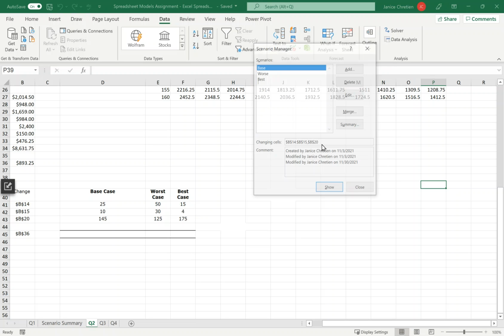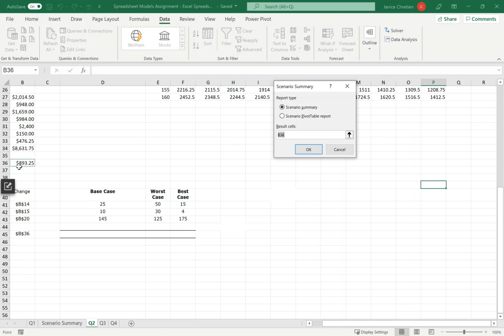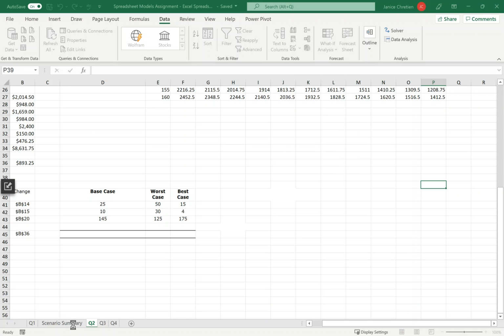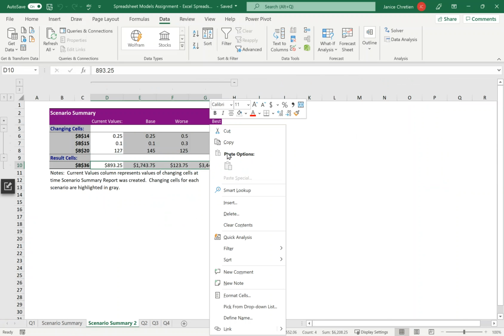And then again, once you have all your values in there, you hit summary, and then B36, which is your value, B36, tell it okay. It builds the table, and then I can copy these values over